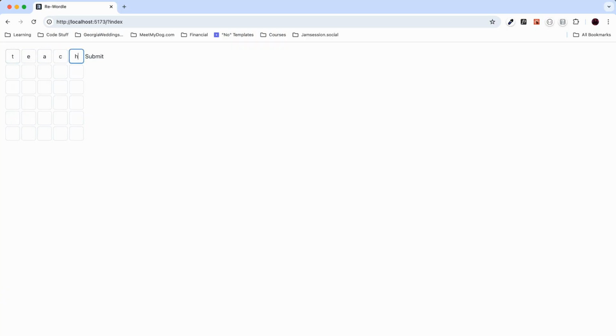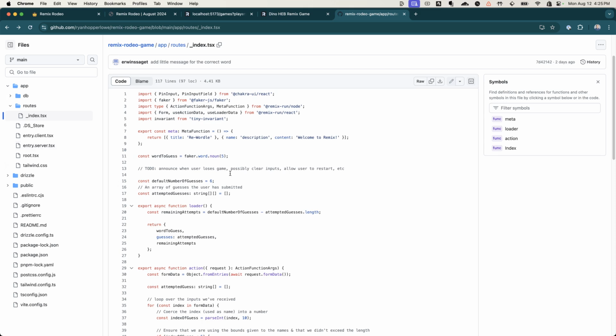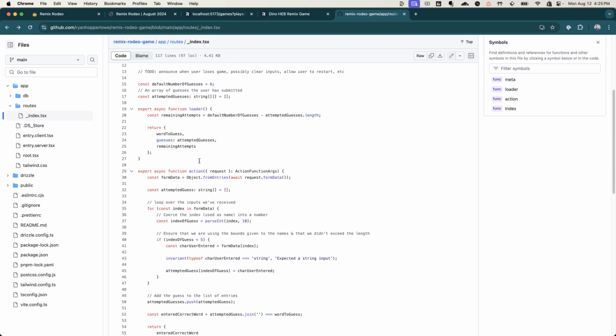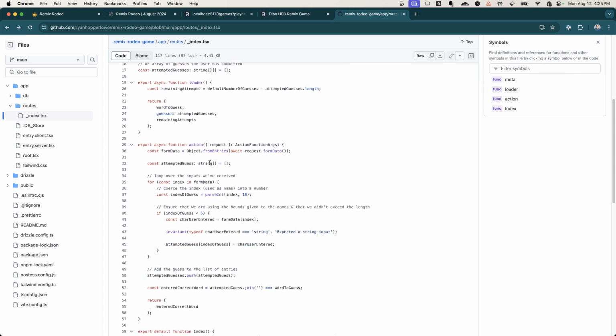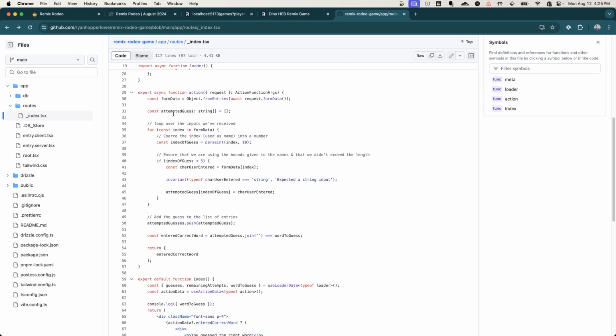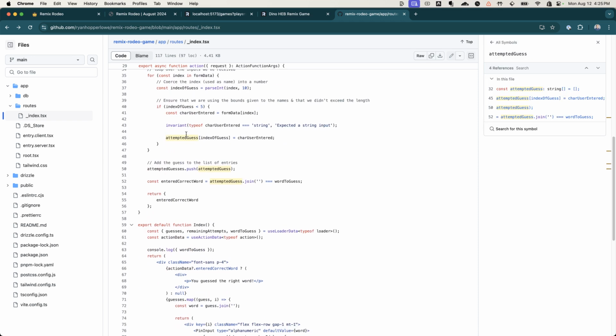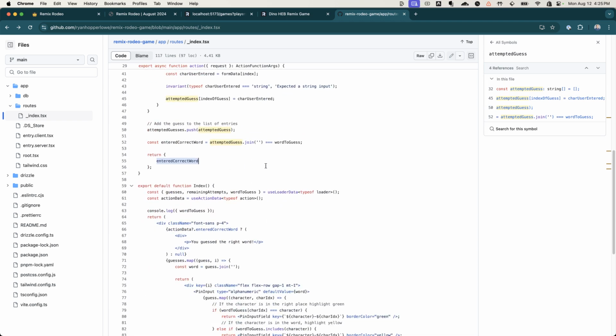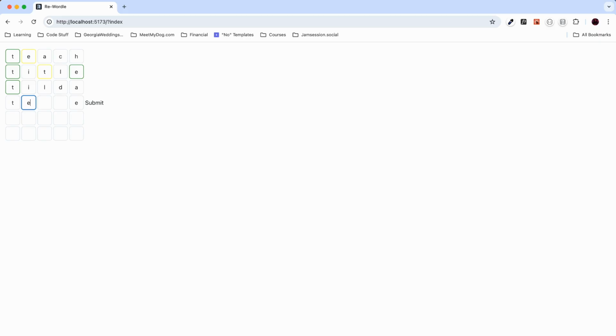And then finally, some folks made a Wordle clone. This is a recording that was sent over to me by Irwin. Looking at some of the code, you can see they use a form for every single line. When they hit enter, that is like a form submission. And so then it goes to their action. They pull out the form data, take the attempted guess, and do some parsing and validation and invariant testing, all this sort of stuff. And then they actually check it and return back whatever they got. So a pretty cool way to build something that they were familiar with, so they didn't have to spend a ton of time making up a game necessarily. But still were able to use both the React parts of a form, and then the Remix part of actually submitting that and validating and using a database and all that kind of stuff.